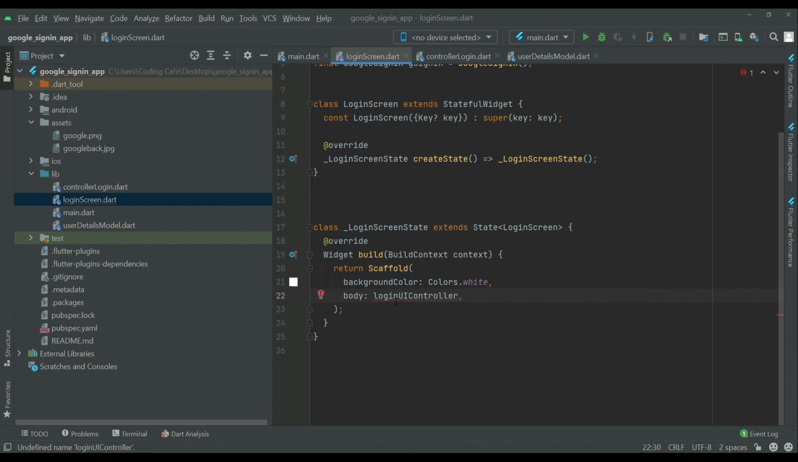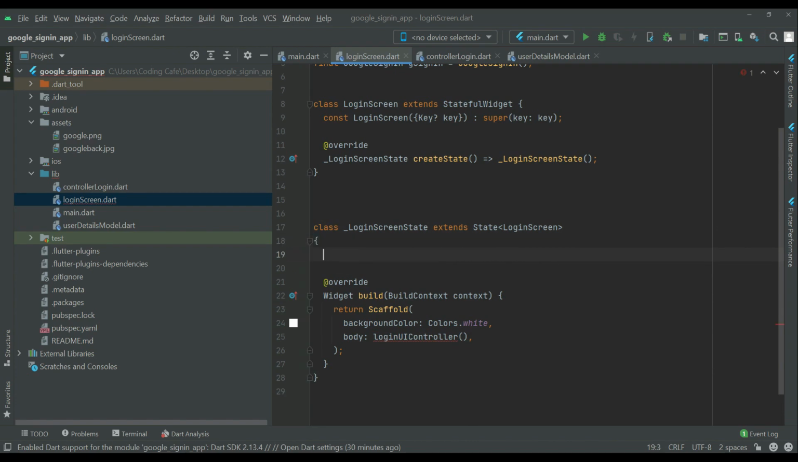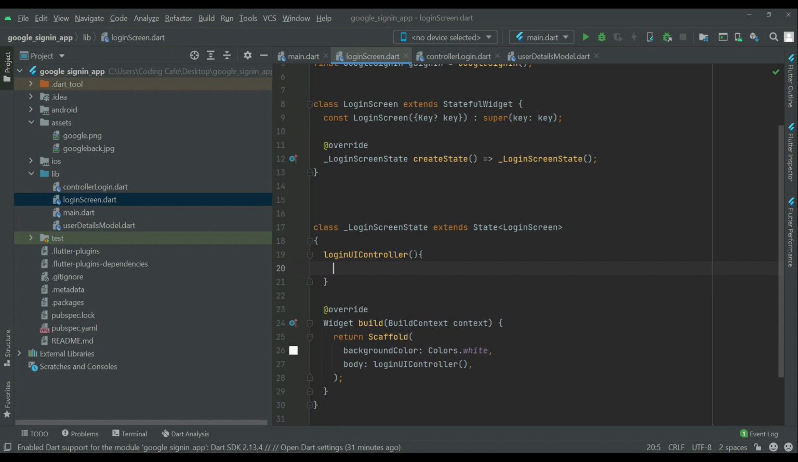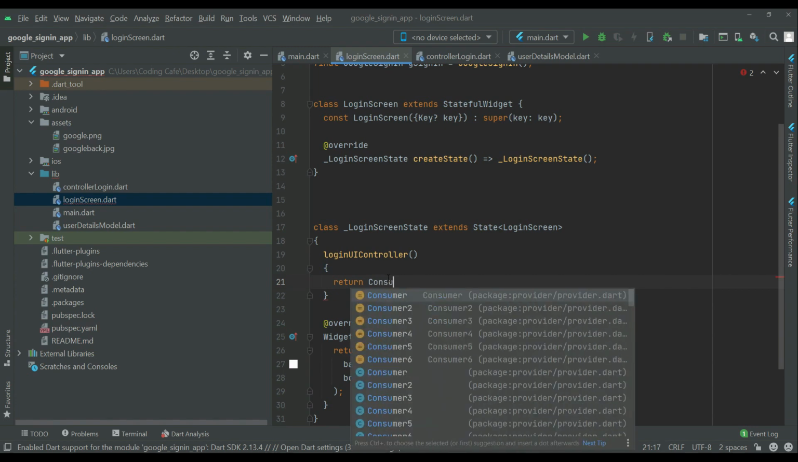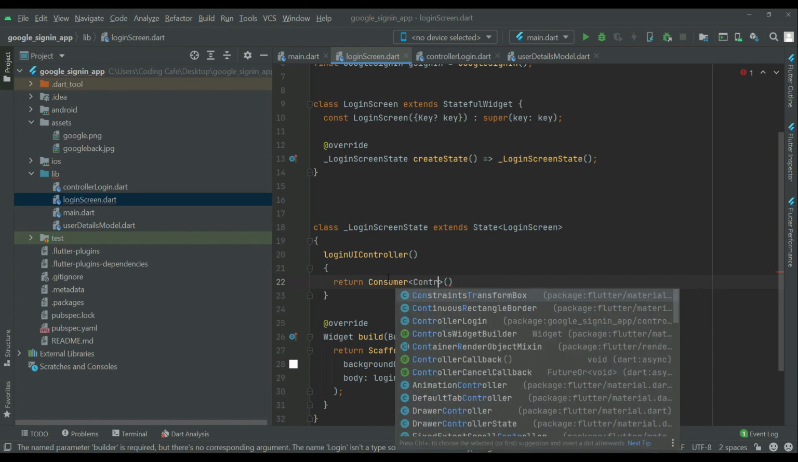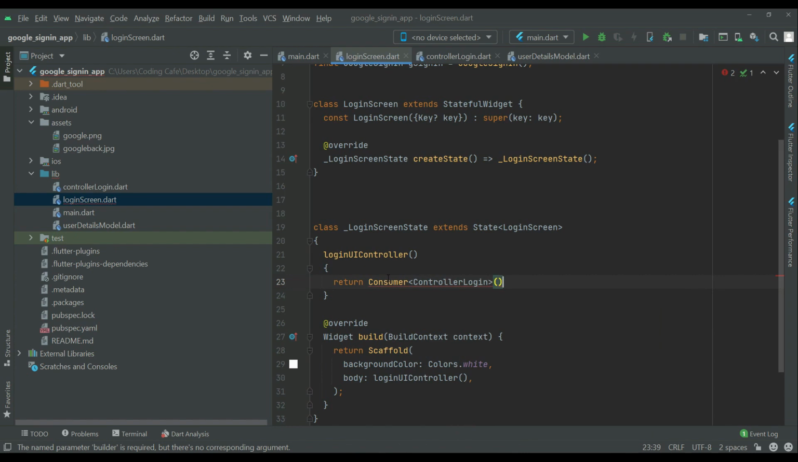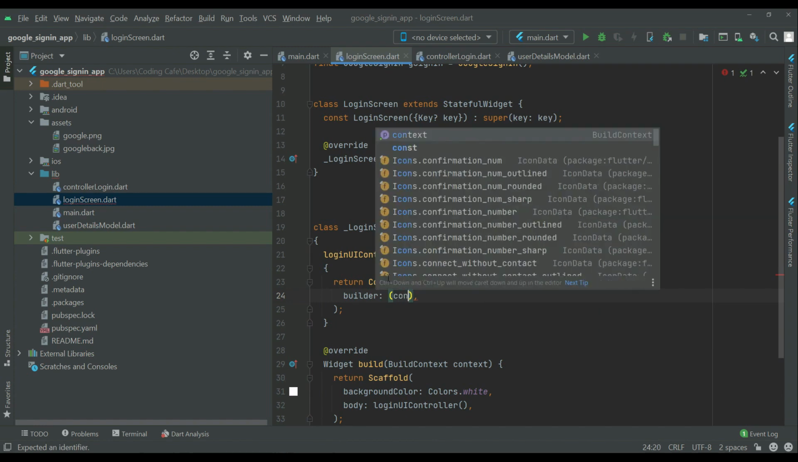Now we will implement this function, of course. Login UI controller. Now above the widget build, here we can say login UI controller, and then we can say return consumer login controller login, builder context